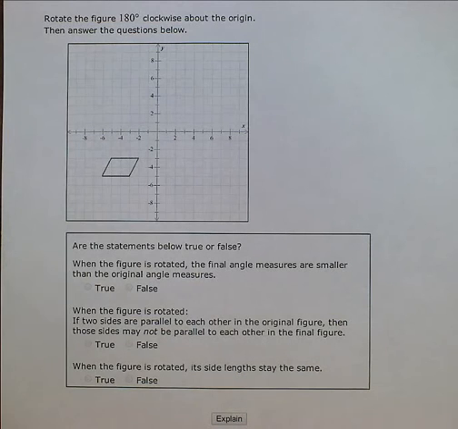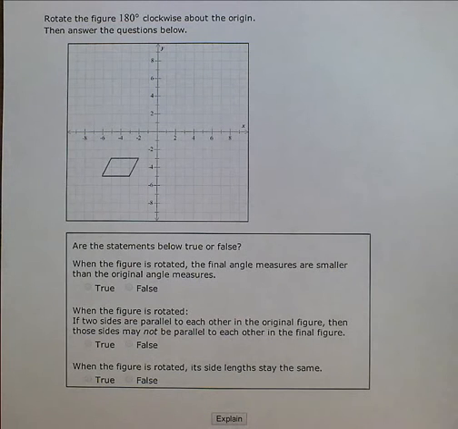Here we have a figure that says to rotate 180 degrees clockwise about the origin, then answer the questions. The questions are true or false questions, wondering if the final angle measures are smaller than the original angle